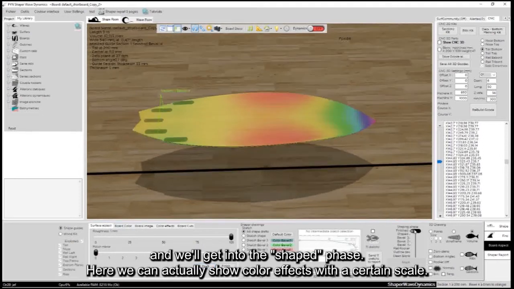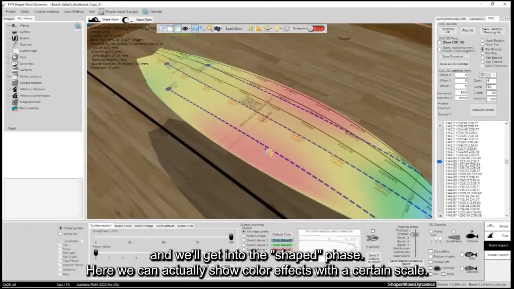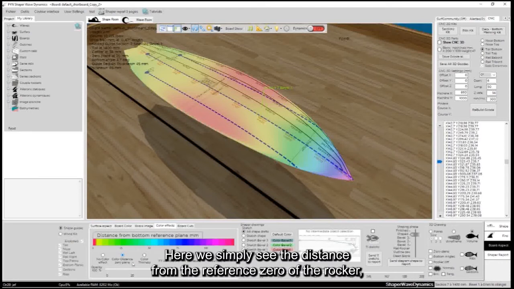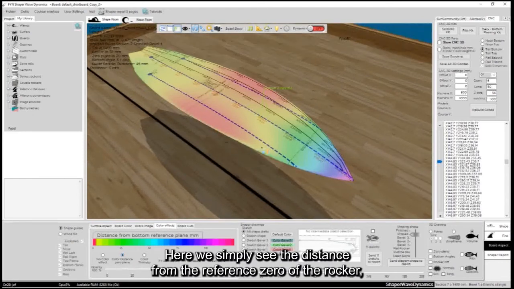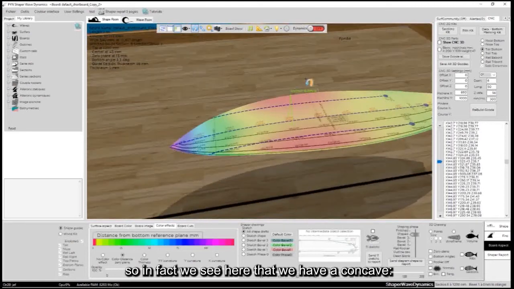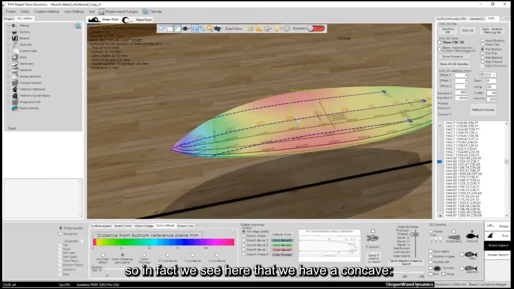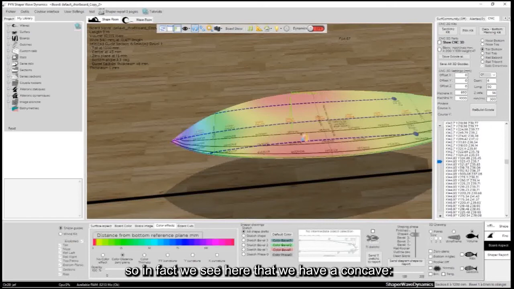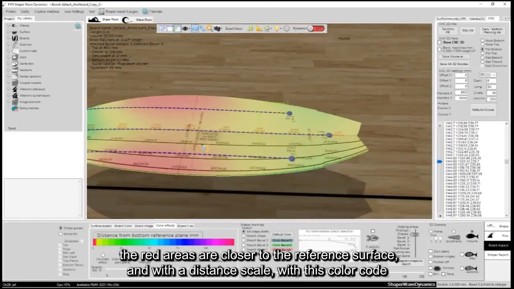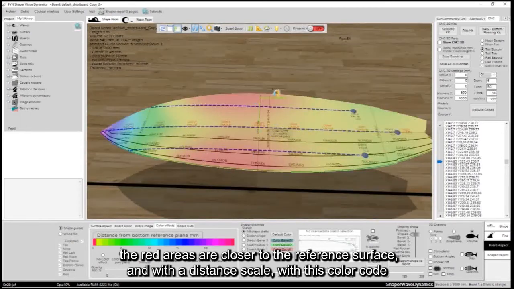Here we can actually show color effects with a certain scale. Here we simply see the distance from the reference 0 of the rocker. So in fact we see here that we have a concave. The red areas are closer to the reference surface, with a distance scale and this color code.